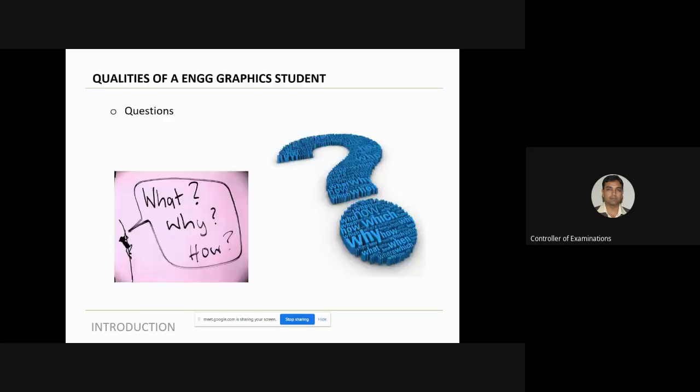And then, of course, if you're not understanding something, you need to clarify it. Either you can ask the teacher, you can ask your friends. Always group discussions help because you get a lot of inputs from your peers, from your friends. Some concepts which you have understood, you can make others understand. Some concept which you have not understood, some of your friends can help you understand, or some of your teacher can make you understand. So you need to constantly question yourself and ask, clarify the concept. Then the things will be clear.